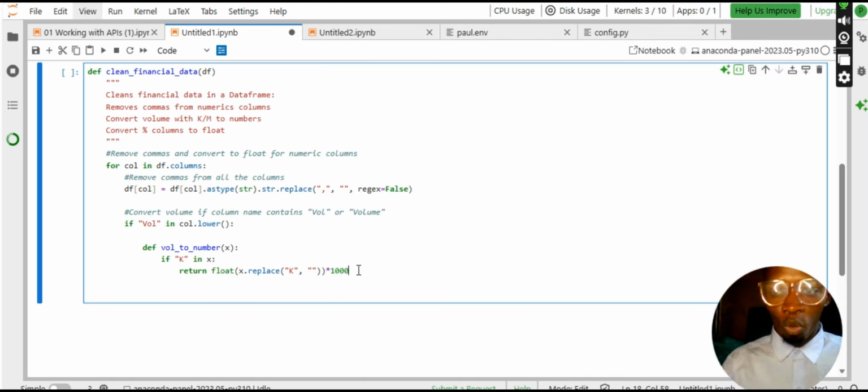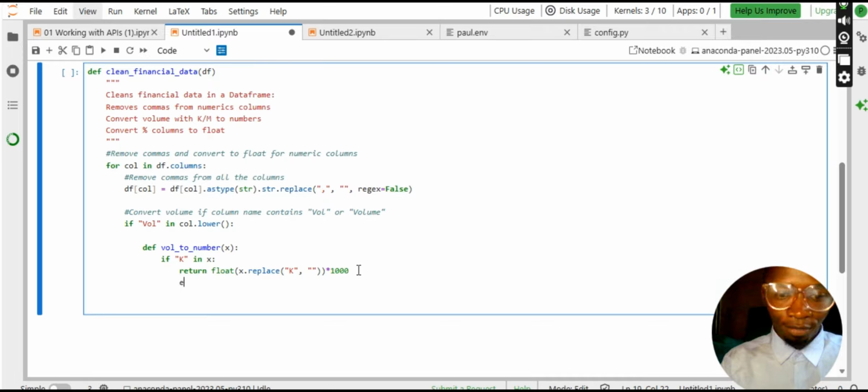Once we've done that, we want to include again, if that column has an alphabet m, what are we supposed to do with that m? So we are going to say else if. So if we have k, every item with a k should be multiplied by 1000. What happens for the items that have letter m? So if m